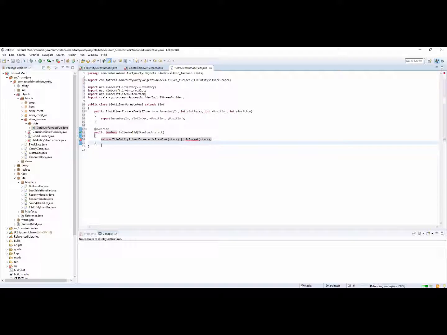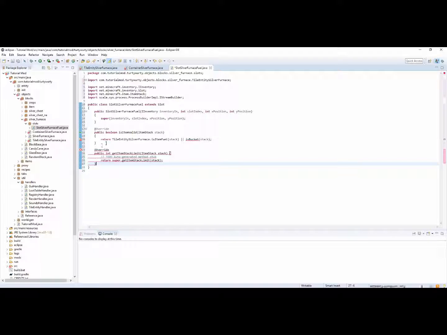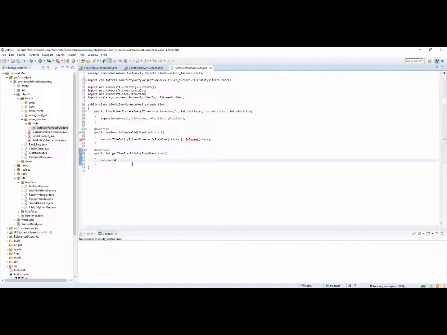Obviously we now need to create the bucket method, but first we should do stack limit. So getItemStackLimit, and we're going to do return isBucket of stack question mark 1 colon super.getItemStackLimit,